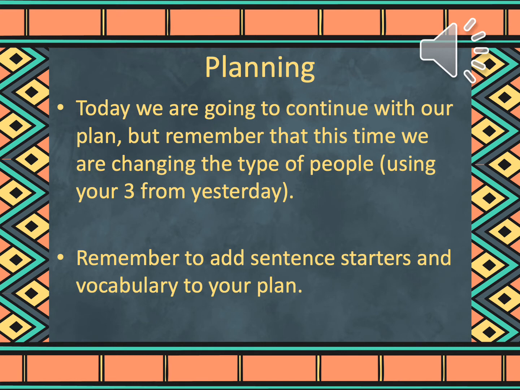So today we're going to continue with our story and we're going to do the next part of our plan. So far you've planned the first 4 pictures, you've then written about the first 4 pictures. Now we're going to write about the next part. Okay, we need to make sure that we've planned it first so we've got lots of ideas to help us. Okay. So remember, when you're planning, you need to use the 3 different people that you have chosen. Okay, we've got a twist to our story, they're not all going to be the same.